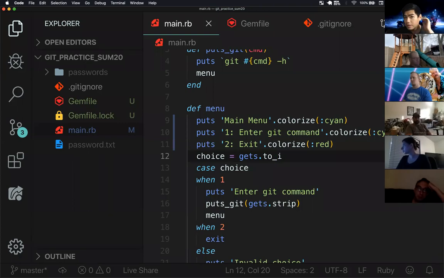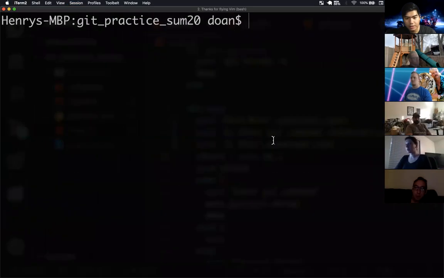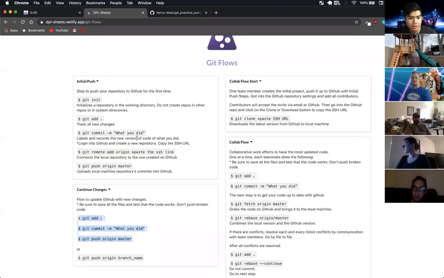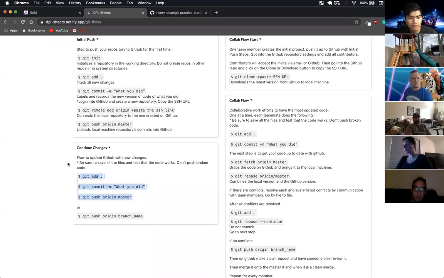So at this point, I want to have this up and running. I want this inside of our GitHub, because right now it's not saved there yet. So we'll go through the flow, and the flow that I'm referring to is this one here of continue changes. When you're at a specific spot where you want to update your GitHub, make sure that you save all your files, test that it works, and then run these specific